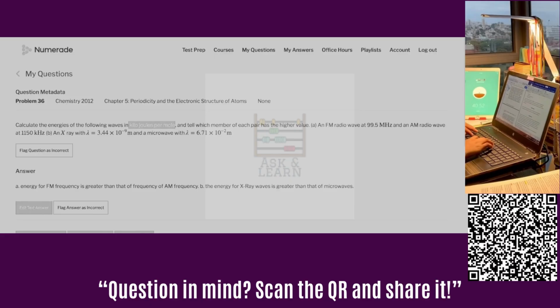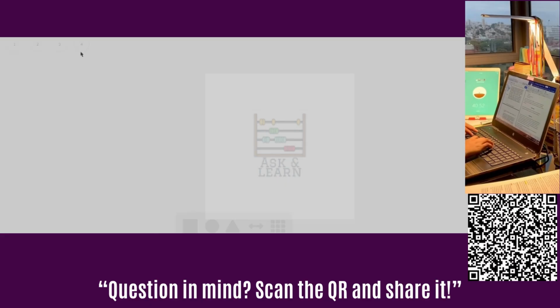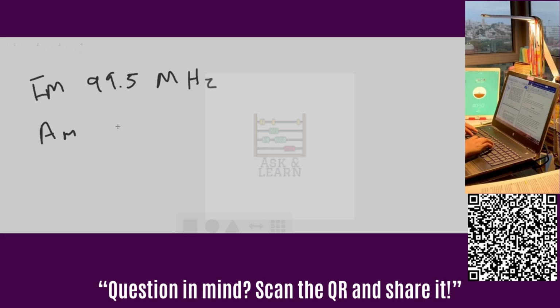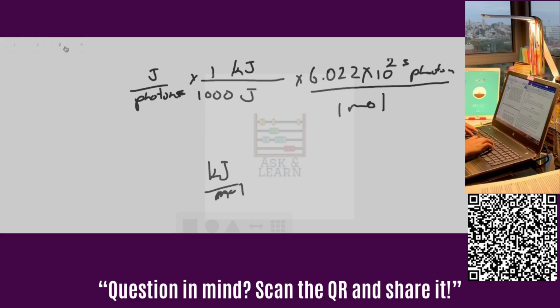So let's get started. FM, 99.5 megahertz. And then, of course, AM gives us 1,150 kilohertz. All right, we're trying to find energy. Before we find the energy,